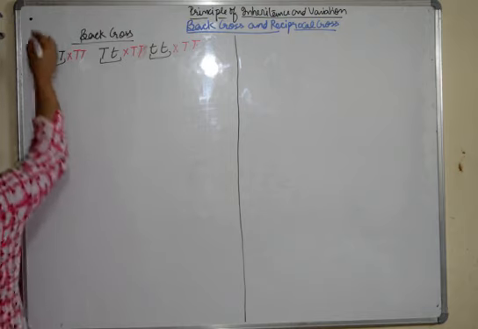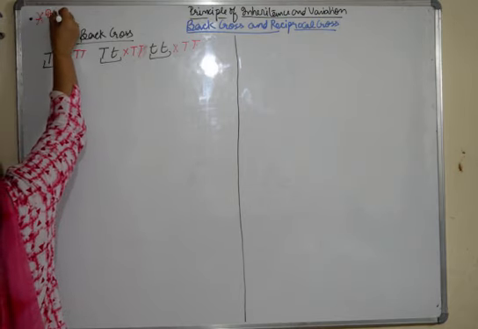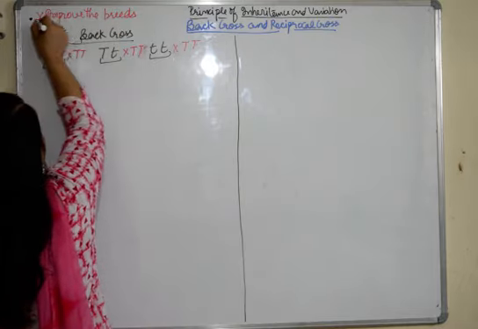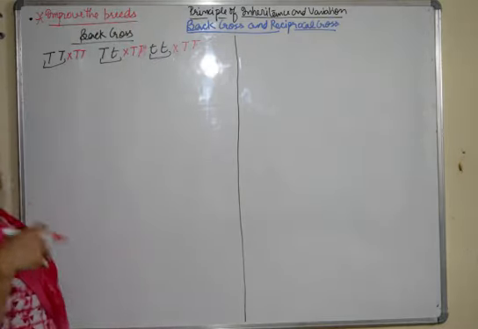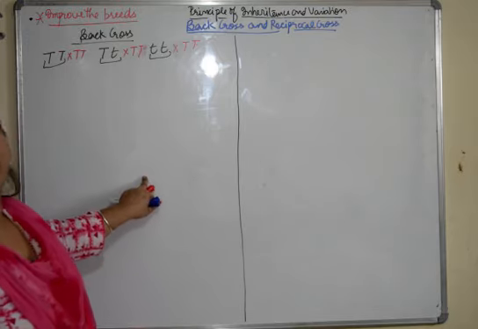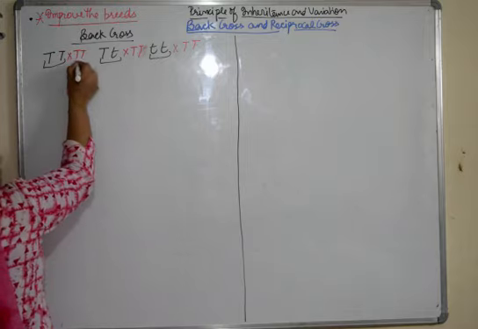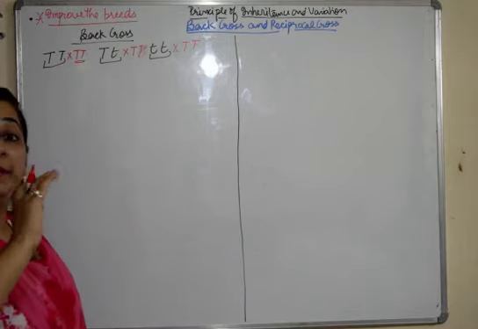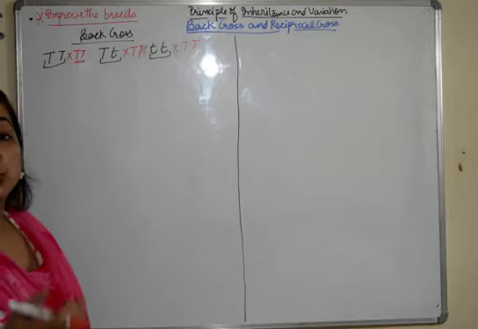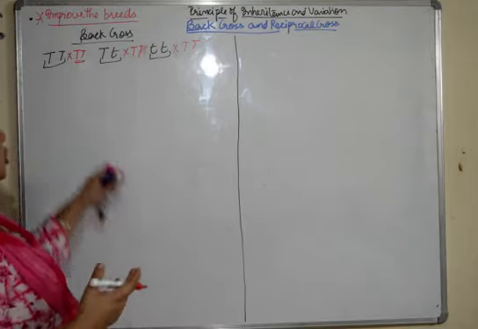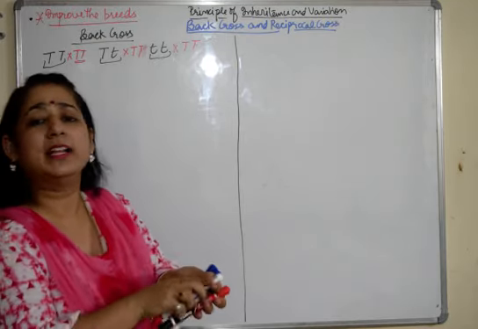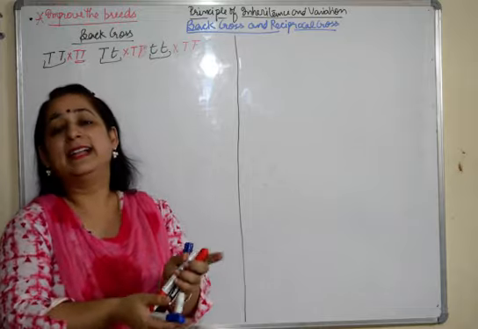Why is it done? I'll write here: to improve the breeds. When the breeds of animals or plants have to be improved, the process of back crossing is done with a dominant trait. Why dominant trait? Maybe the dominant trait is the one which we require for that organism to have, so that it gives us economic value. So that's why whatever dominant trait we want is crossed here.